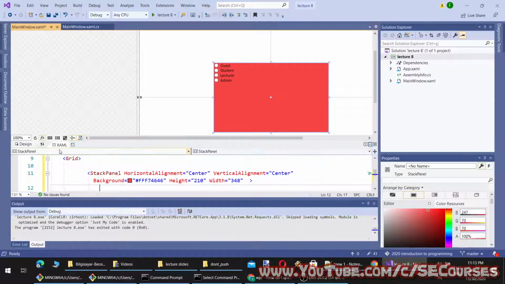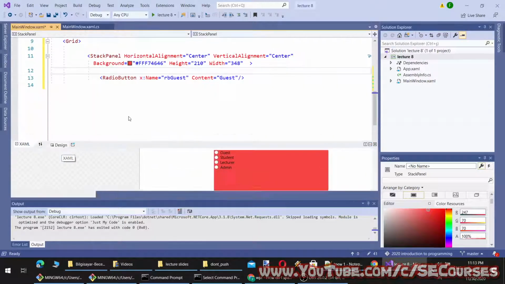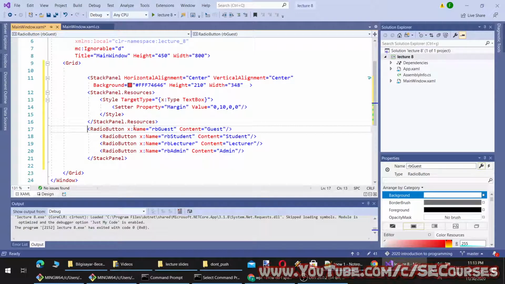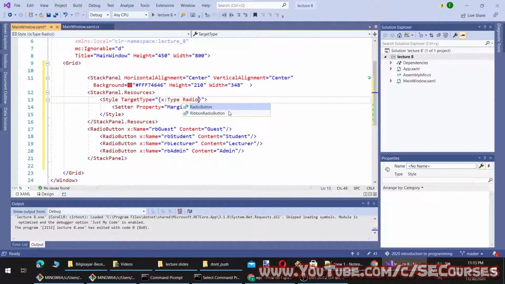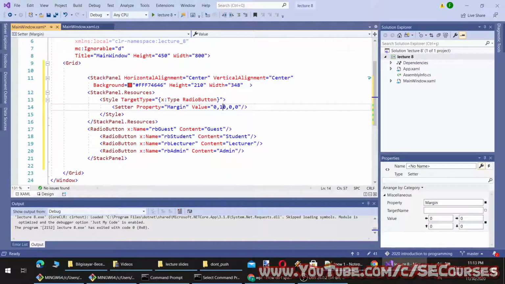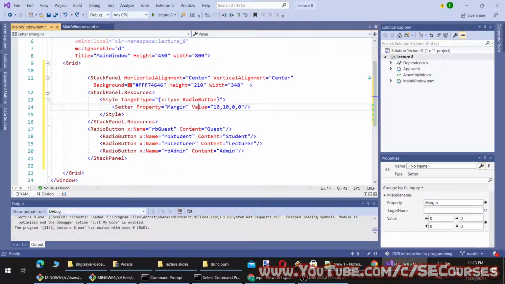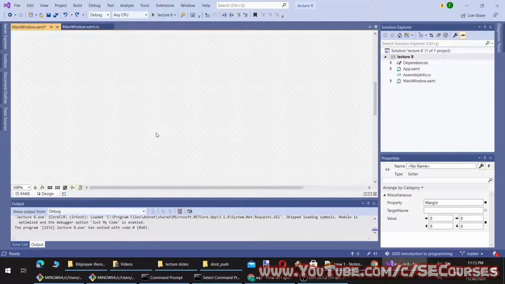What I'm going to do is move to the XAML window fully like this. I'm adding stack panel resources, and the type will be radio button, and this will give me a margin on, I think, the X axis. I will make it X and Y axis, or let's make it everywhere like this. Okay, let's try this, and let's return to design.